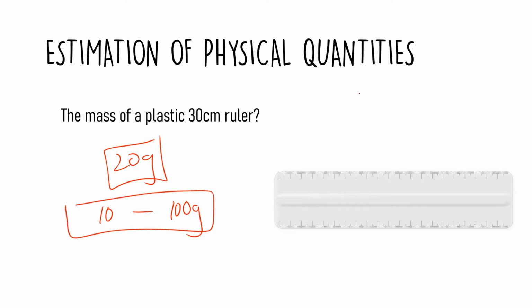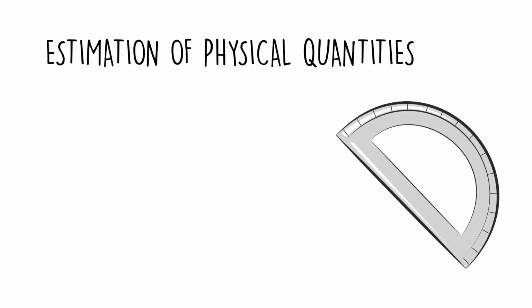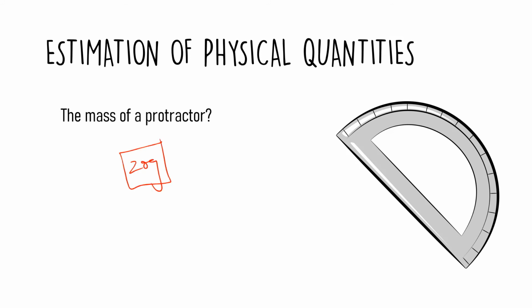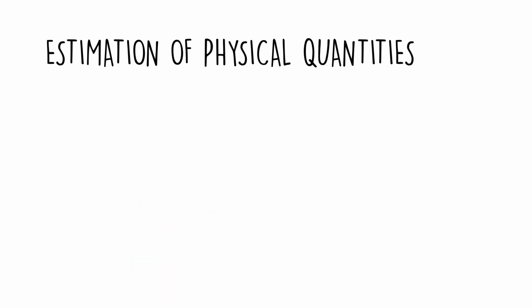And as I said just a little while ago, for any geometrical object, just give them a value between 10 to 50 grams and you are good to go. So this includes the ruler as well as this question right here, which says, what is the mass of a plastic protractor? So then again, my answer would be the same, that is 20 grams. The examiner was accepting answers between 5 to 50 grams. And you can see that our estimation of 10 to 50 grams is quite accurate for geometrical objects.